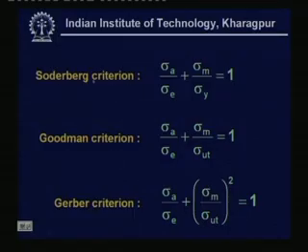These equations are something like this. The first equation, the Soderberg criterion, we have just developed. In a similar manner, one can develop the Goodman criterion. You can see there is no change except that sigma yield point is replaced by sigma ultimate. And the last equation, sigma A by sigma endurance plus sigma m by sigma ultimate whole square equals 1, is called the Gerber parabolic relationship. Out of these three equations one can utilize any to go for the design